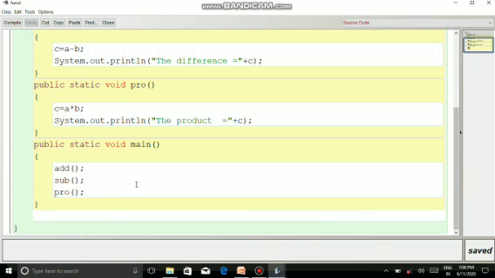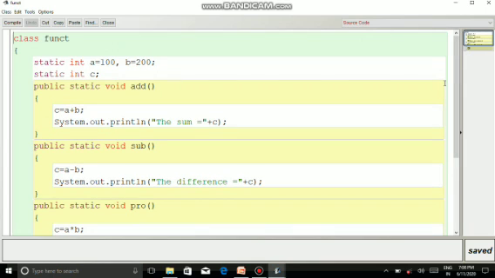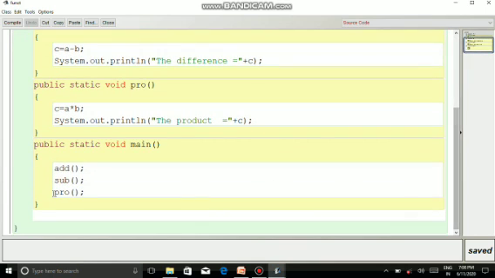That means the compiler will see the main method first, and what is written first, which is called first, is the add method. So the control goes to the add method and that part will get executed, and again it comes back to the main method and next the sub function is called.